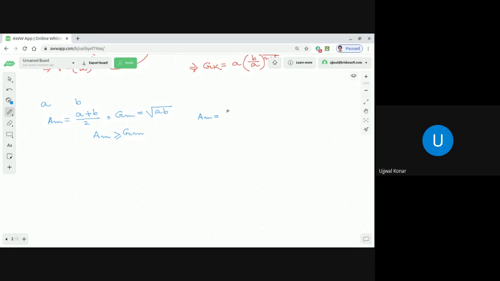Arithmetic mean is nothing but 1 by 2 into a plus b. Correct, no, dear students? And that is equal to 1 by 2 into, what we can write is that a plus b, we are writing square root of a whole square. Not a big deal, no? Yes. Then b, we are writing square root of b whole square. Then what we are doing, dear students, I am introducing